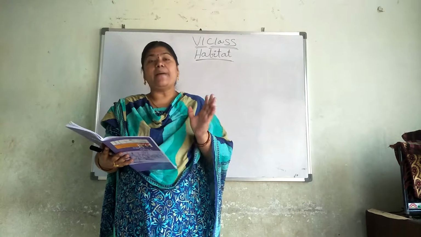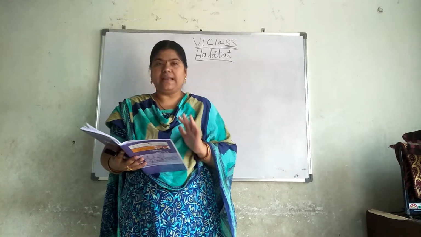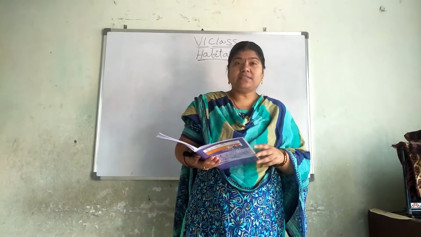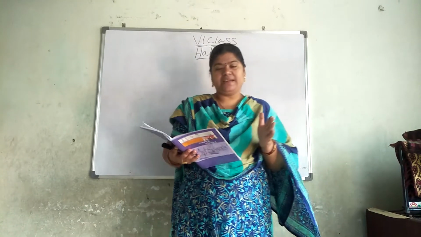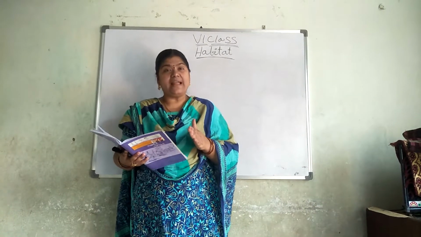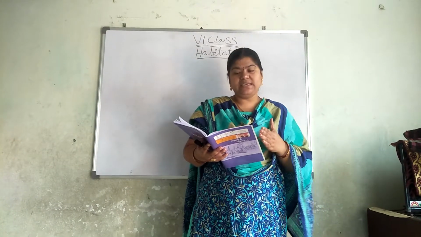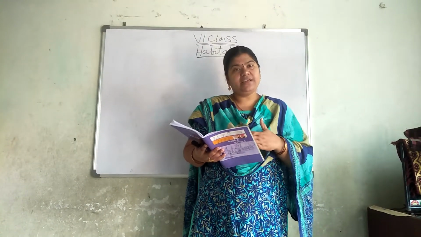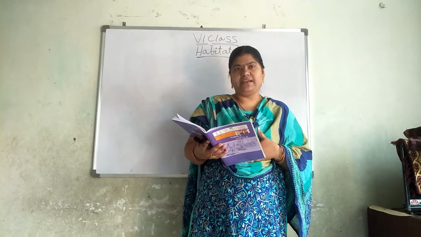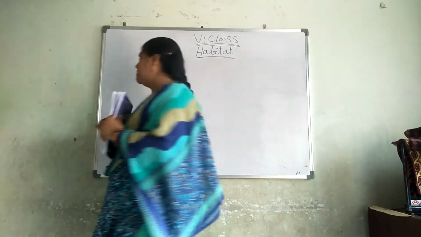First one is comparing water plants with land plants. What are water plants? Vallisneria and Hydrilla. What is a land plant? We are comparing Tulasi. So, comparison between Tulasi and Vallisneria or Hydrilla. In these two, anything we can take. So shall we write that answer?